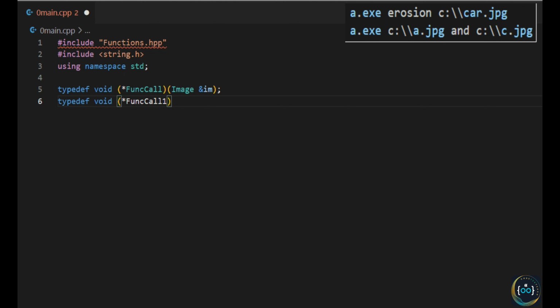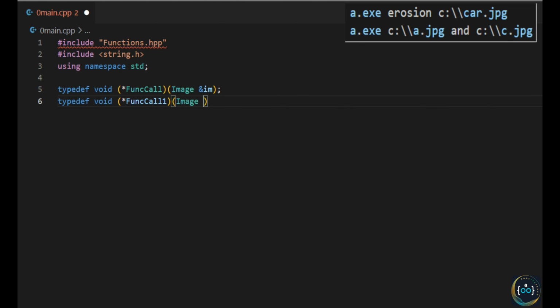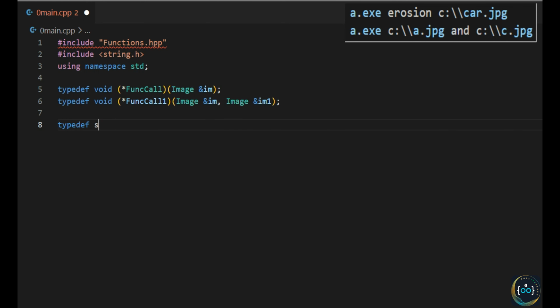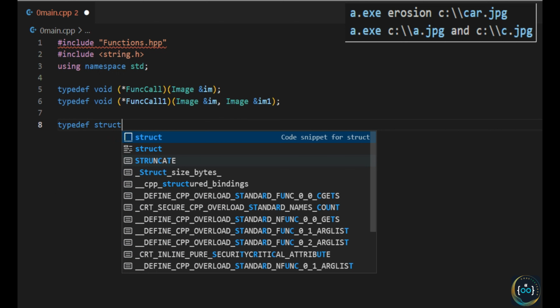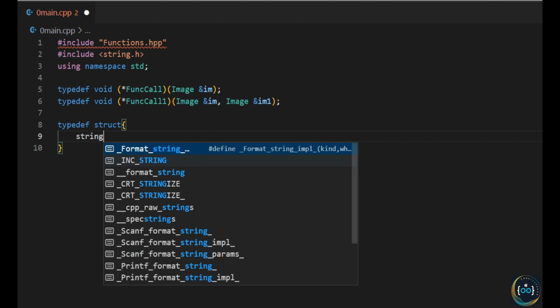So we simply pick the command, we check the name of the command, and then we apply the operation on the file. Then the second one is for operations that are applied on two images. You can see how it's written. We write the name of the first image, then followed by the operation, and then the second image. So to do this,